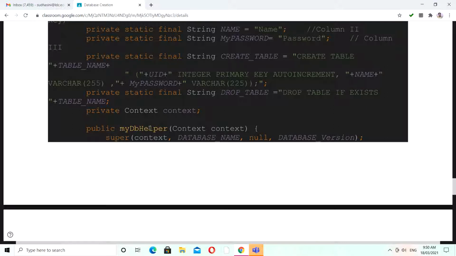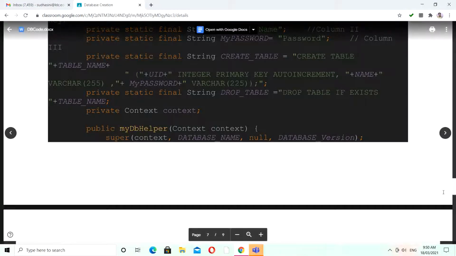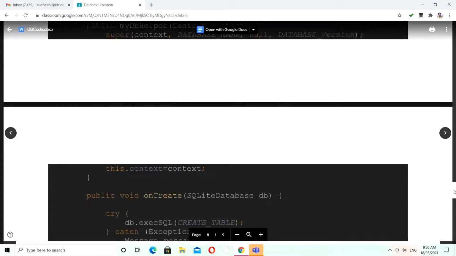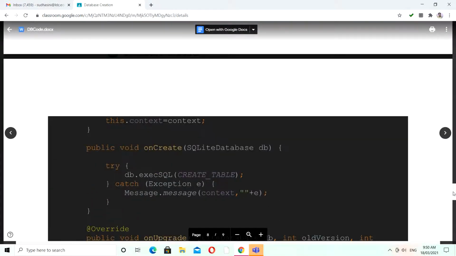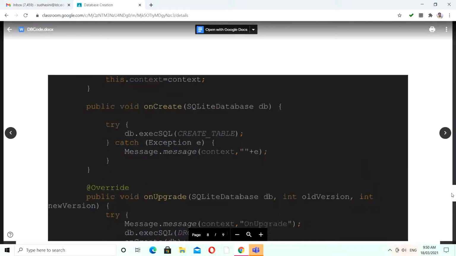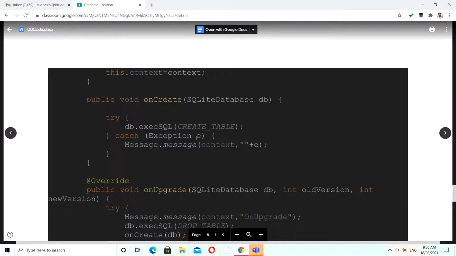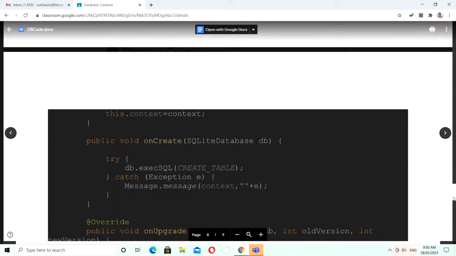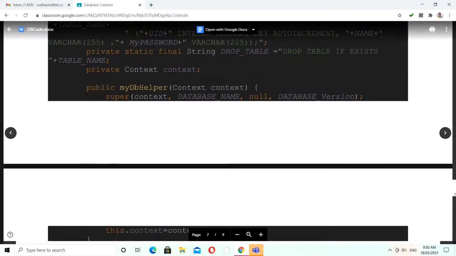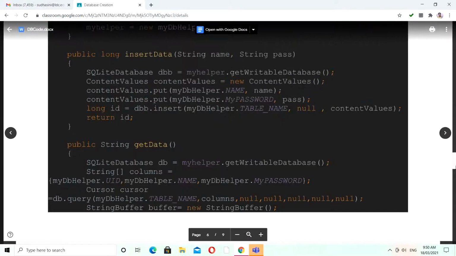In your mydb adapter you have called your mydb helper, so automatically it will call this constructor. After calling this constructor, it will create a database, and then automatically it will create a table also, right? So your database creation and then table creation is processed here.